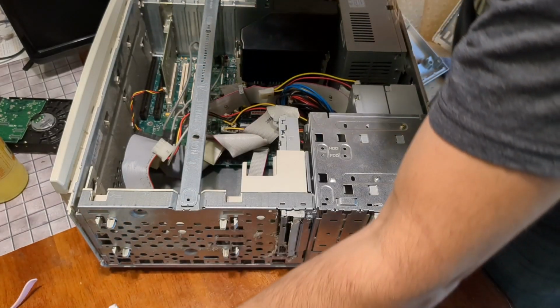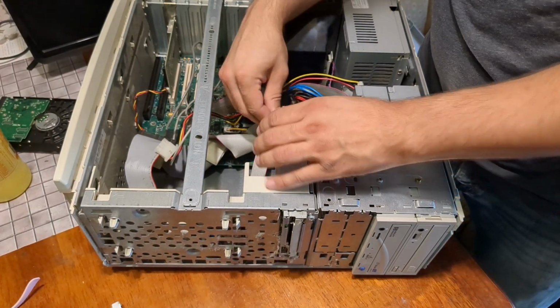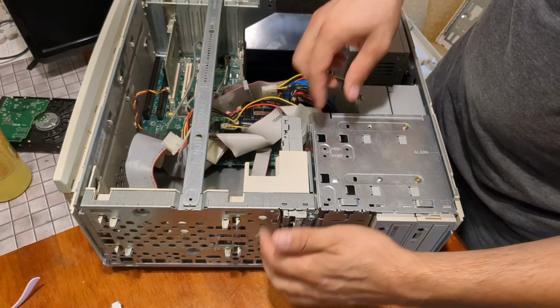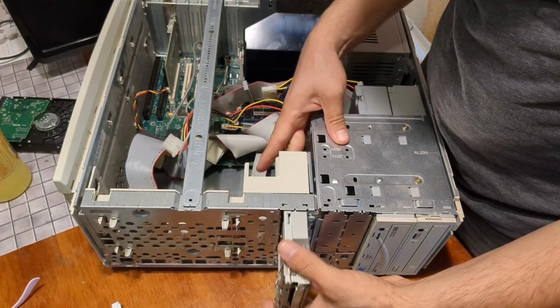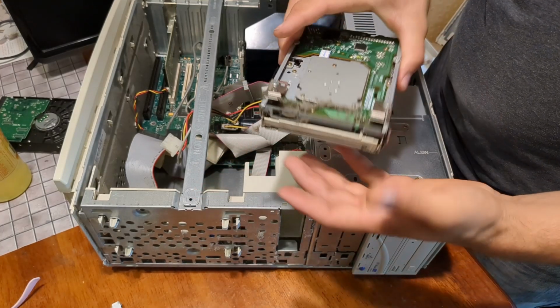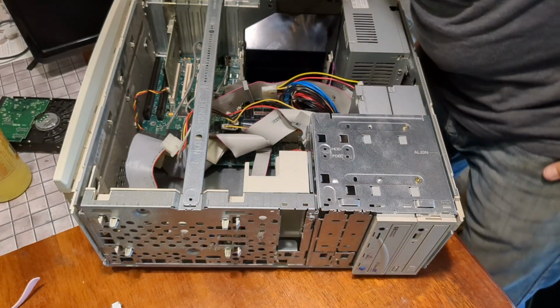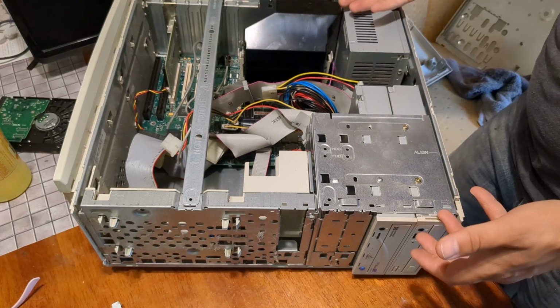Little dusty, but wow, this is not too bad. Let's get the floppy drive out of here. Looks like two tabs here. Does it come forward? It does come forward. Okay. A little bit more dust. Nothing bad. Nothing really all that bad. Just like the last old PC we looked at...